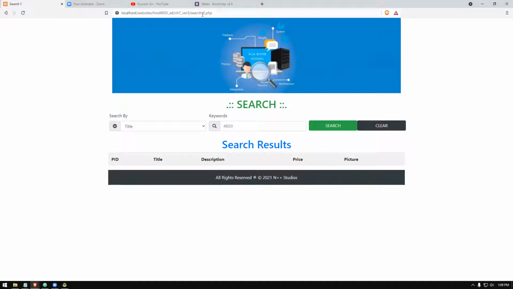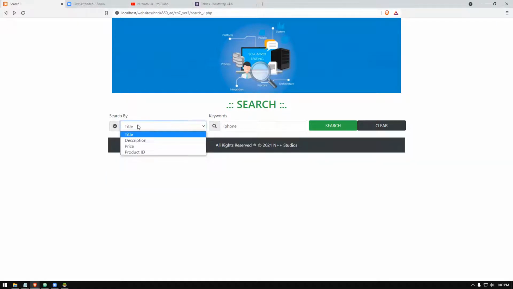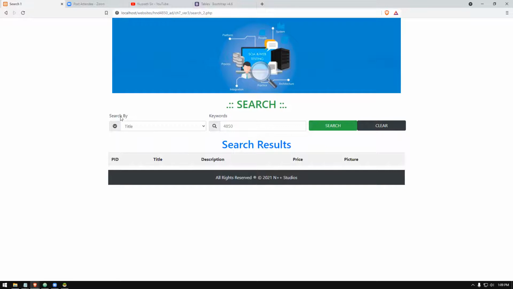Then once you come to the search2.php file, what will happen is you can see I am maintaining the form without losing it. So the search form is still there, but this title has gone. Actually, if I have searched for description, it would have gone. See, so I'm searching for description and I'm just typing something like test here. Then if I search, you can see the search form is there, but what I entered, what I selected was description and type value was test. Those values are gone. That's one problem we have to fix in the future, but that's how I built it.